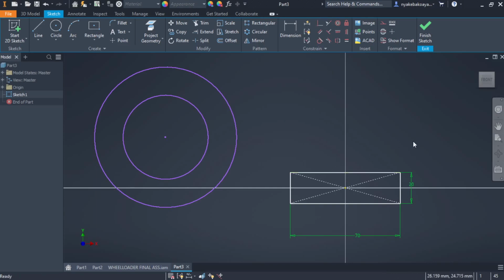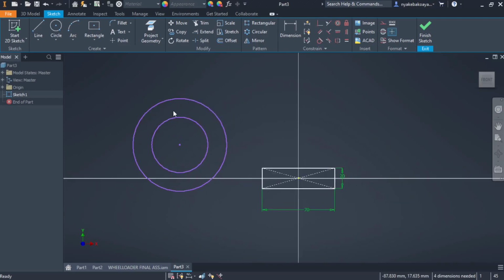I click, you move, it doesn't move. Okay? You always want to make sure that everything is fully constrained. This is not fully constrained because, one, it doesn't have dimensions. You don't know how big this circle is. Click there and then double click to put that. We can say this is 50. Enter, and then the outside one